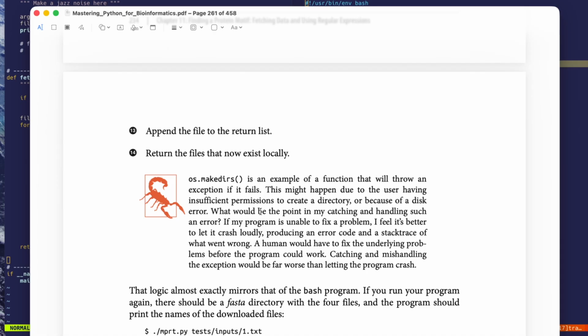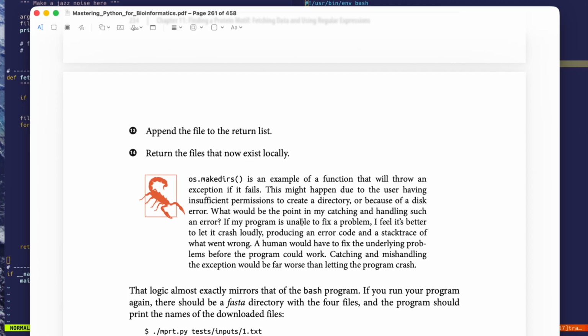There's another function in OS that will only make one level of directory, and I never use it because I don't know what I'm going to be getting from the user. I have a point here though. It could crash. It could raise an exception. Could crash your program. Very simply, maybe the user is trying to